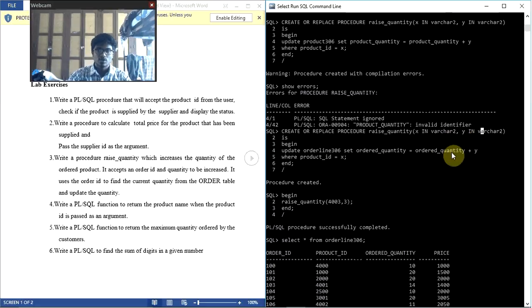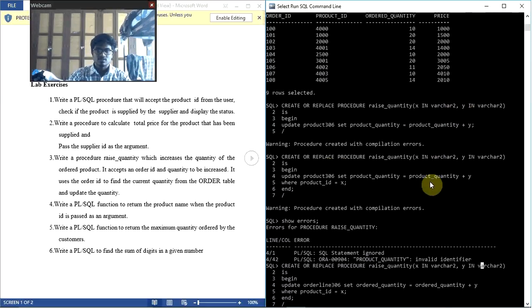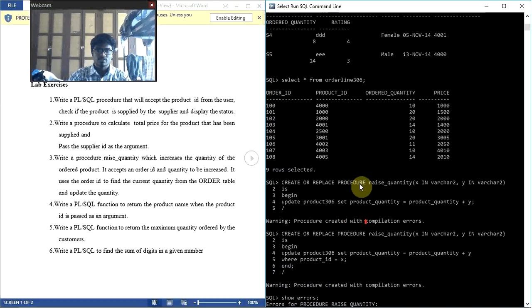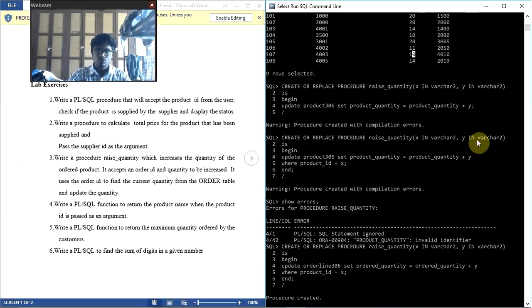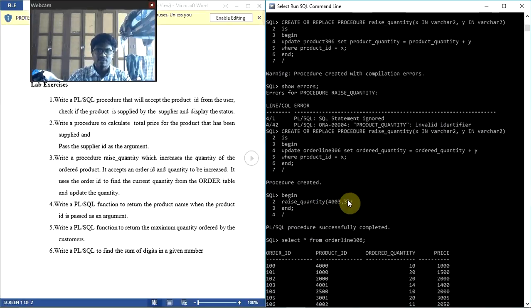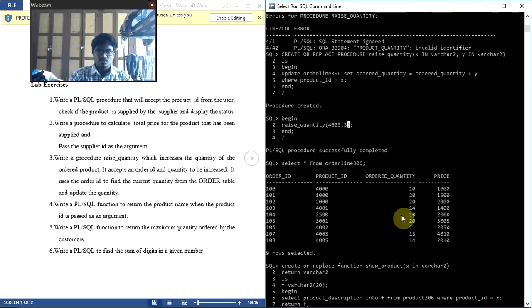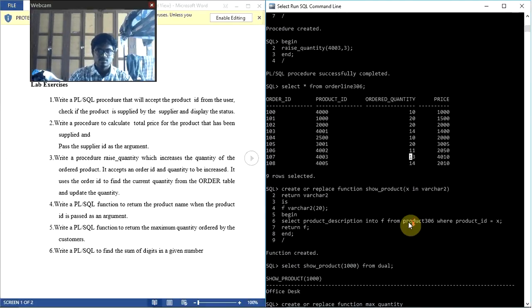So when I get the product ID for it, I am adding the value to it. For product 4003, the order quantity is 10. So I gave an extra 20, so the quantity has to be increased to 30. Here, as you can see, 4003 has been changed from 10 to 30. So this is the third one, and for the fourth one, the product name and the product ID is passed as an